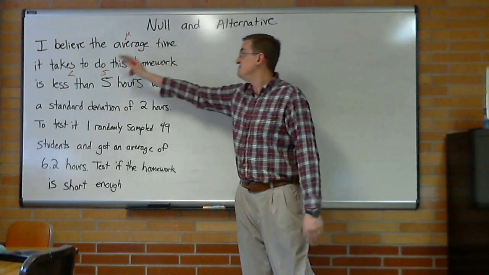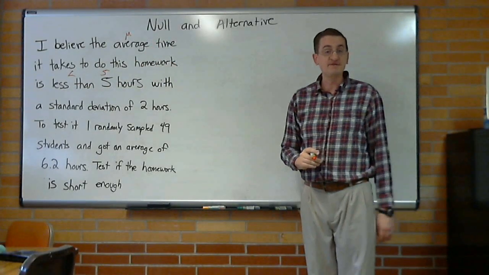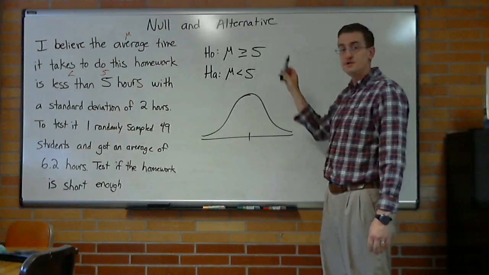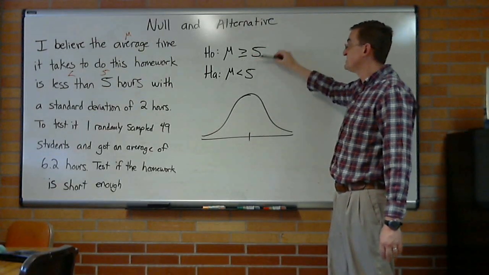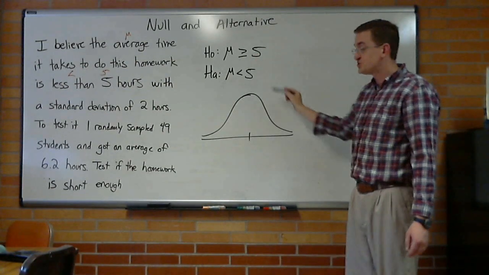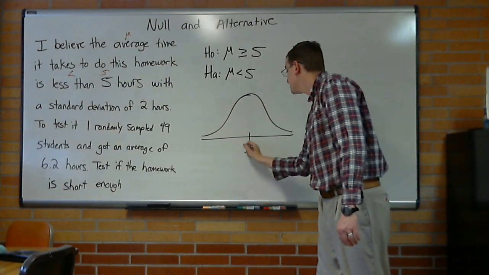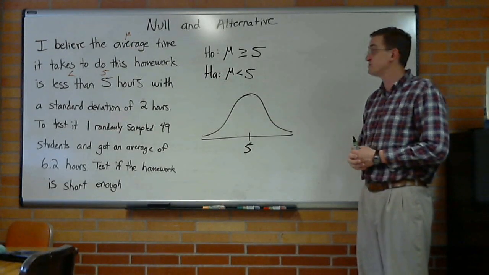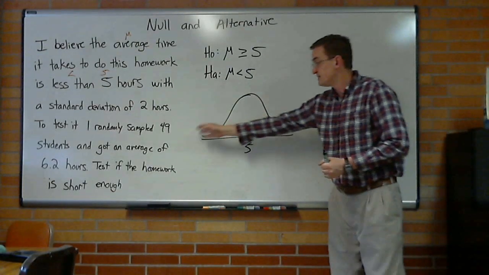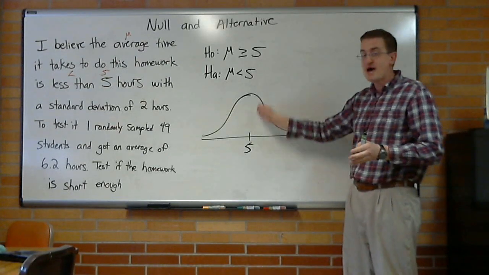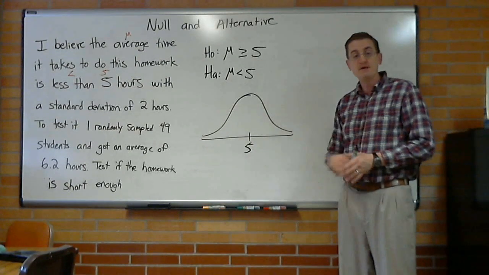In this case, mu less than 5 does not have an equal sign, so that needs to go for the alternative. The alternative is mu is less than 5. The null here says mu is greater than or equal to 5. So when I draw my picture, 5 is what I'm going to put as my mu. That's what I believe to be true. Whereas the alternative, less than 5, is some vague but non-specific number. So the math is going to assume 5 because it has to have,